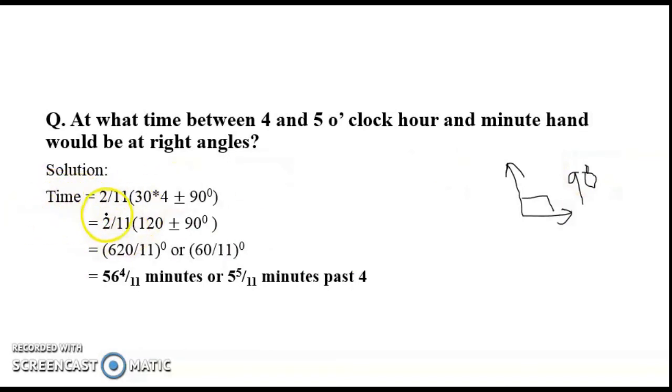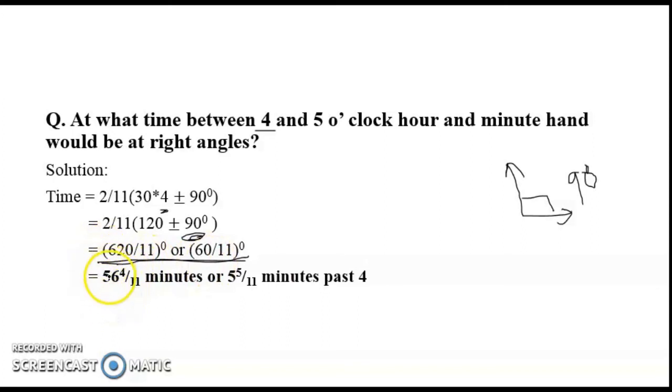So solution, time equals 2 by 11 in bracket 30 into starting time plus minus required angle. So here 4 is the starting time, 4 starting time plus minus 90 degree because they are forming a right angle and a right angle is 90 degree. After solving this, the answer is coming out to be 620 by 11 degree or 60 by 11 degree. This can be your answer, one of these, or basically both,